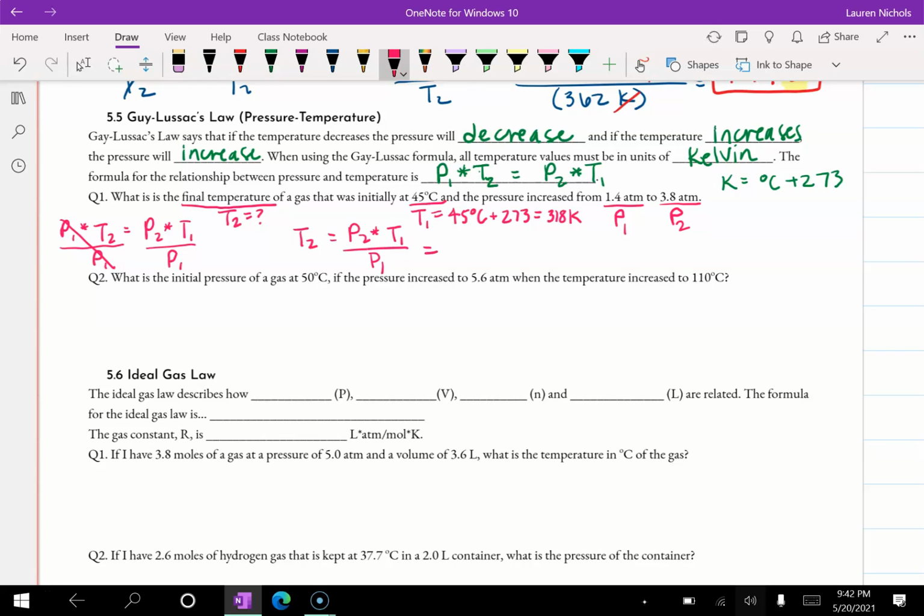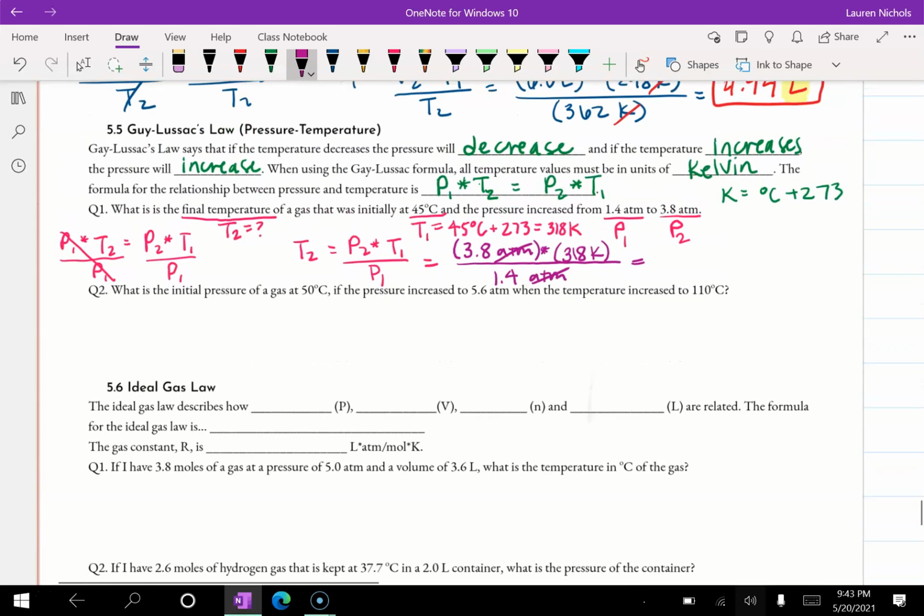So we plug in our numbers. So P2 is 3.8 atmospheres times T1, which is 318 Kelvin, which remember, this will not work if you use it in Celsius. And P1 is 1.4 atmospheres. So our atmospheres will cancel out. And again, we do this in our calculator. We multiply the top first, so 3.8 times 318 equals 1,208.4, divided by 1.4 gives us